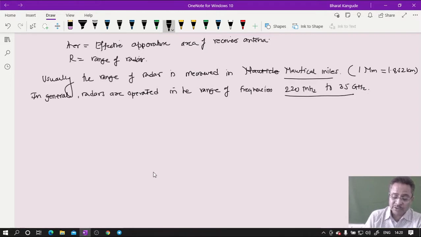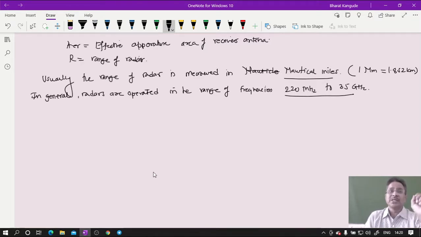Then pulse reception frequency. To what frequency that particular pulse will be received, so how much change in the frequency is expected. According to that, we have to design or prepare that particular radar. Then transmitted power output. As I said, that directly depends on the range. If the transmitted power is much smaller, then the range of that radar will be very small. If the transmitted power is very high, then the radar range may be larger. So that also decides the type of radar and its structure and its components. And the maximum range is also to be studied very well.